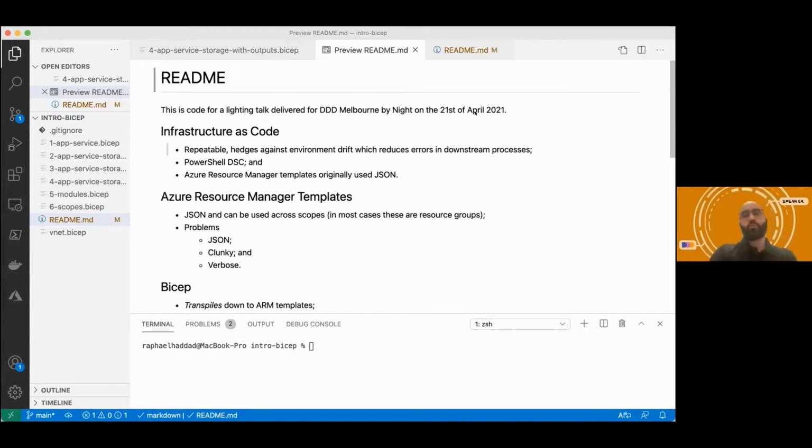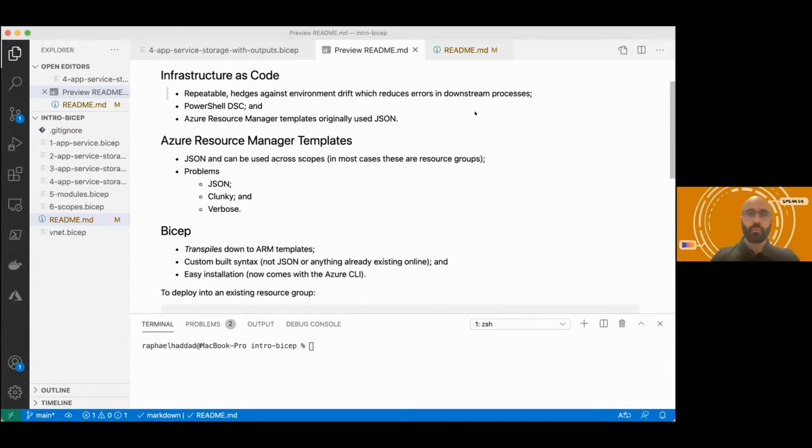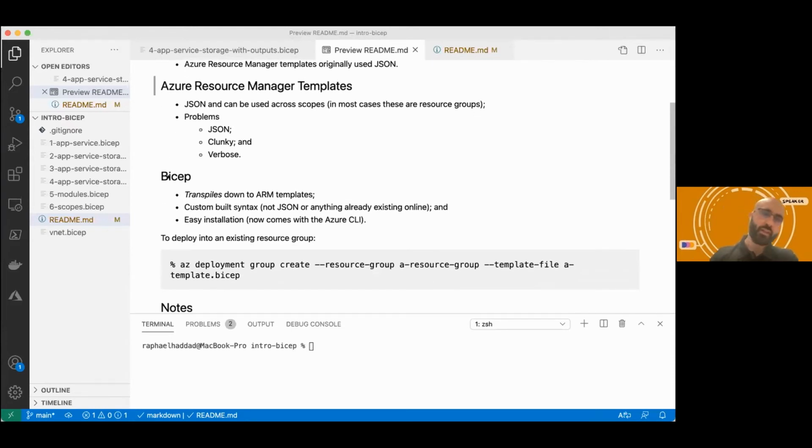Specifically, the problem with ARM templates, and this is not purely from my own experience, although I have experienced it, it's something that Microsoft has received feedback on, is that it's clunky and verbose. As soon as you write an app service, a very simple website that connects to SQL, you have a file that is quite big relative to your other files. So Bicep rather is